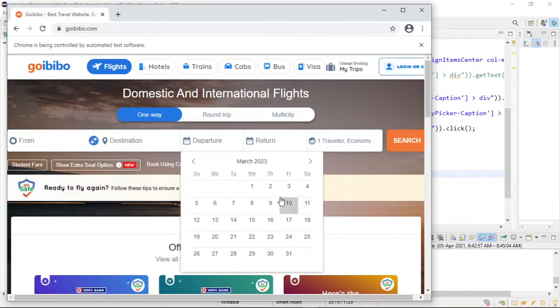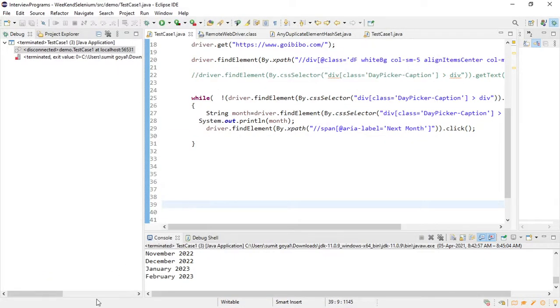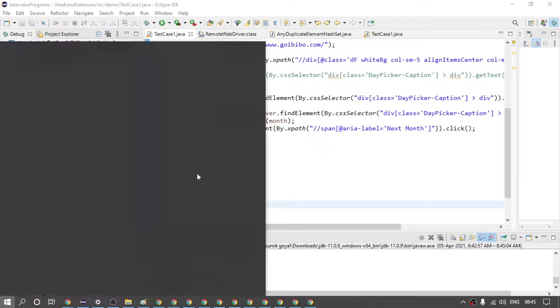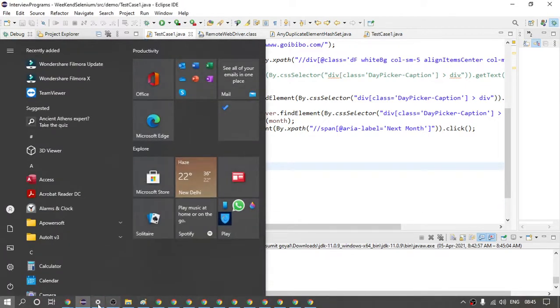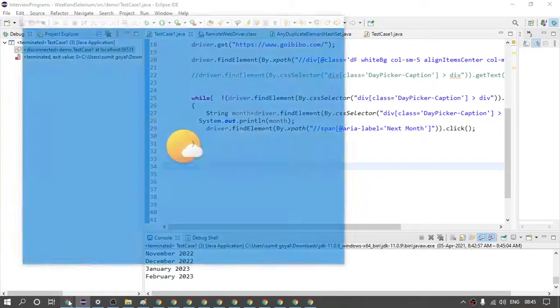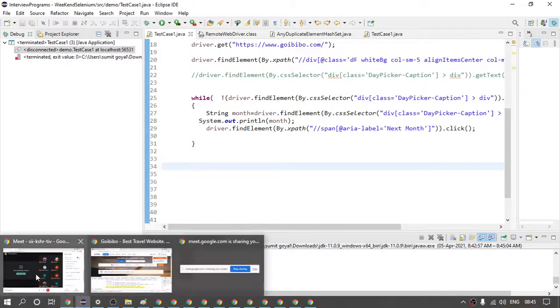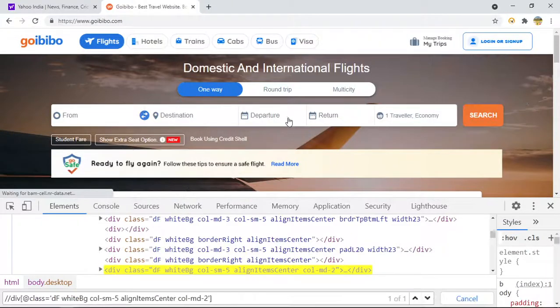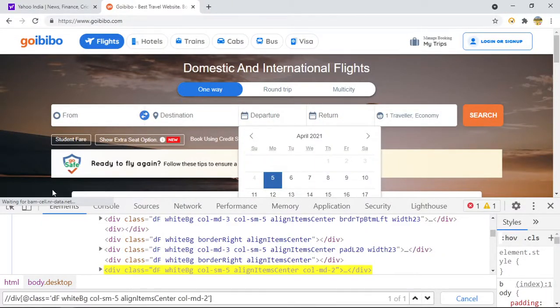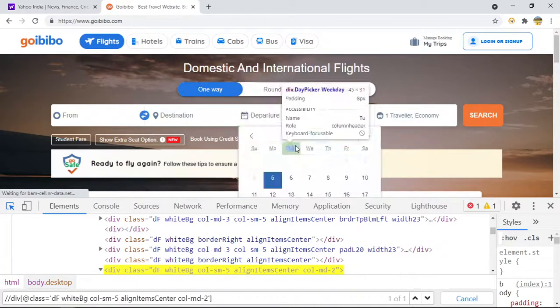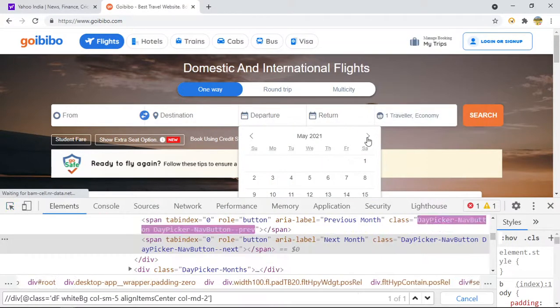Now I want to select any particular date from here, 1 to 31, any date. For the date, if I inspect the HTML code, let me take up some other month.